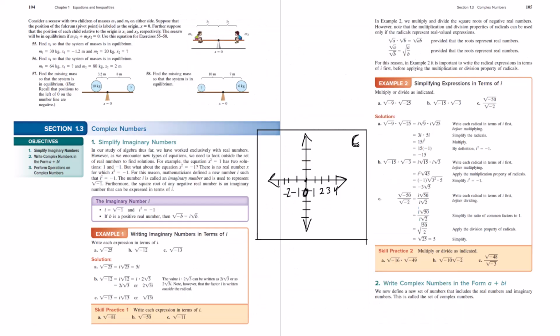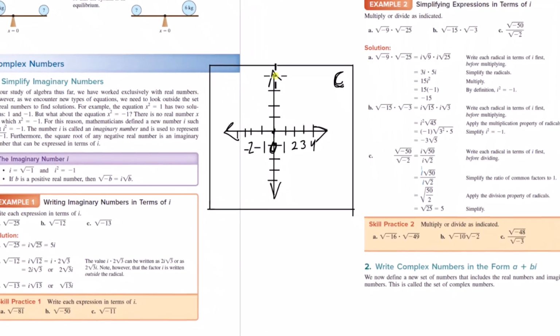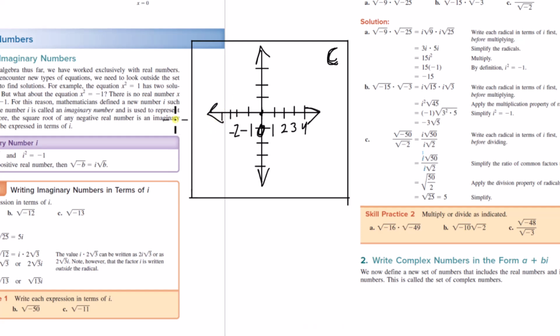Okay, so now, what is this extra axis here? What is this extra axis, and why is it independent from this horizontal axis? What is all this? Where does all this come from? Okay, so what they talk about in this opening paragraph here is that there was a point